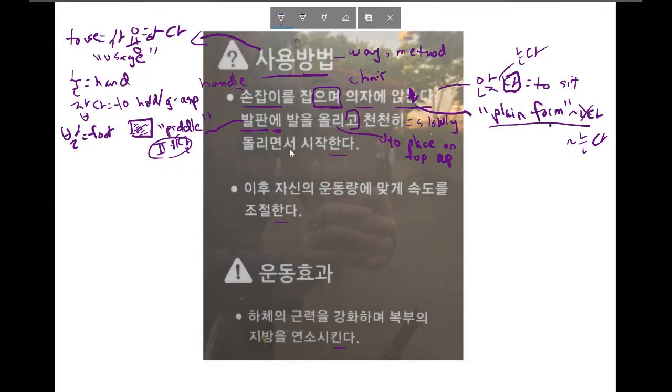Slowly. And then this says 돌리면서 시작한다. Well, 시작한다 means to start. And 시작하다 is the base form, or the dictionary form, of this word. And again, the reason why it's not 시작하다 but 시작한다 is because I am adding the plain form conjugation, and 시작하다 ends in a vowel, so I have to add nunda, or I have to add this, which I crossed out. I'm sorry, I have to add